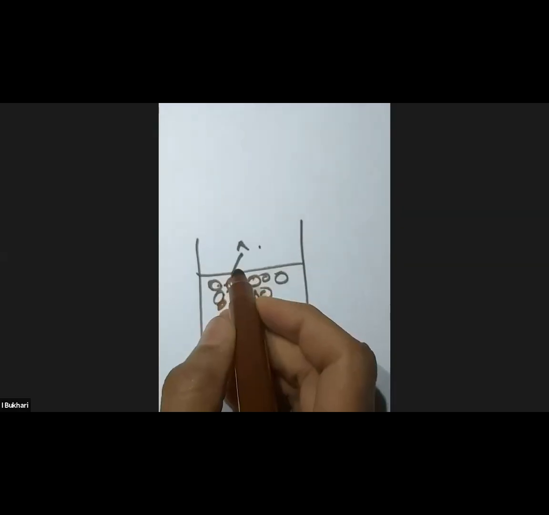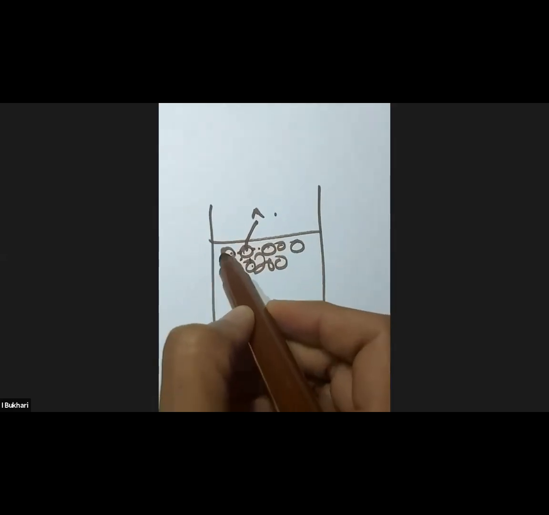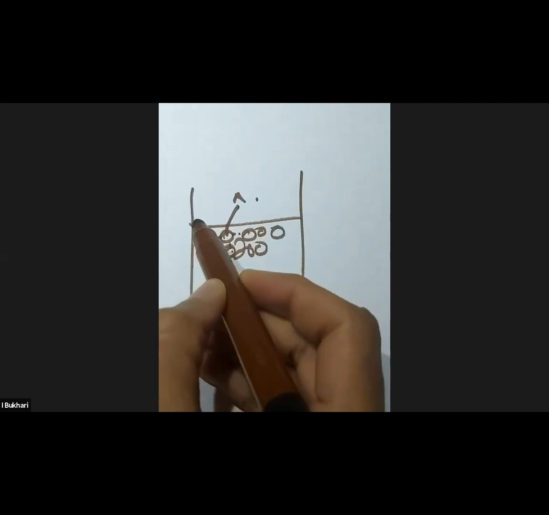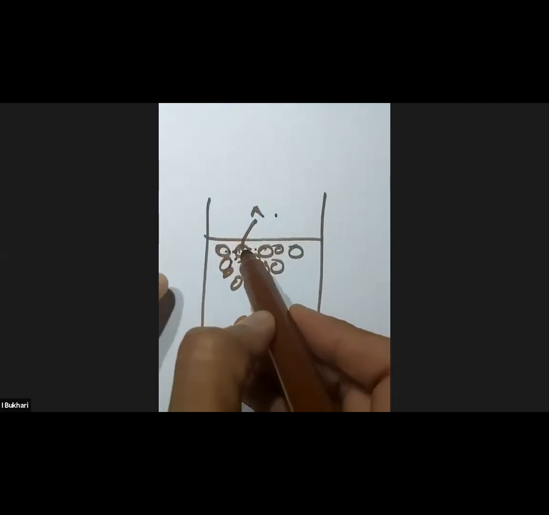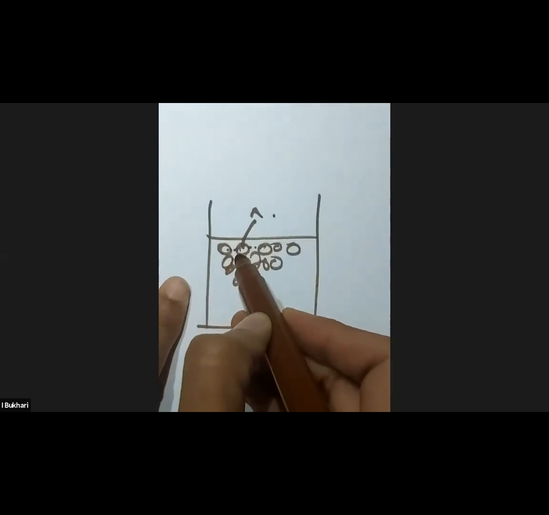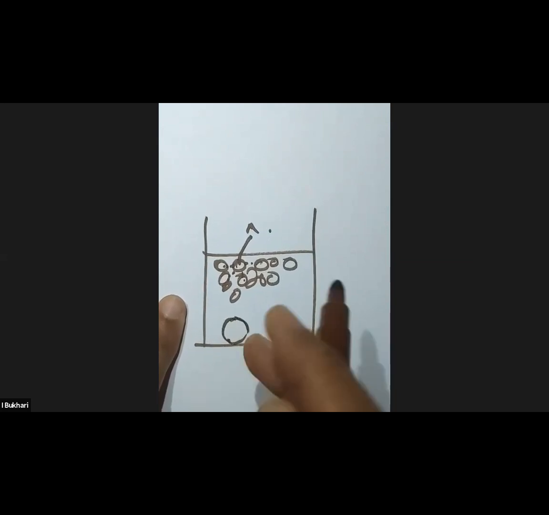Okay, so the first work that these molecules have to do is to break completely from the attractive forces by the neighboring molecules. The second job that they have to do, you can appreciate, is to rise to the surface before they can evaporate. They have to rise to the surface. Okay, now in boiling, well, even